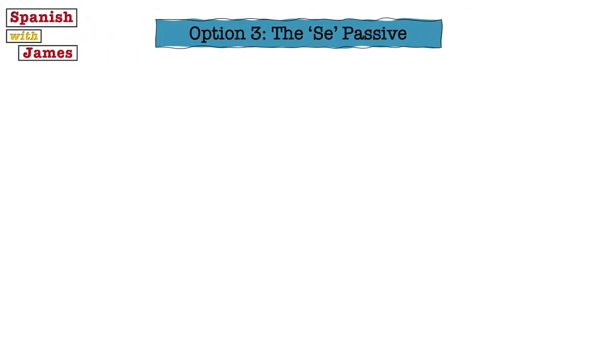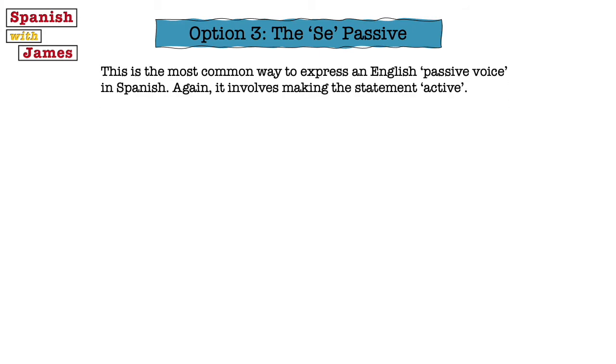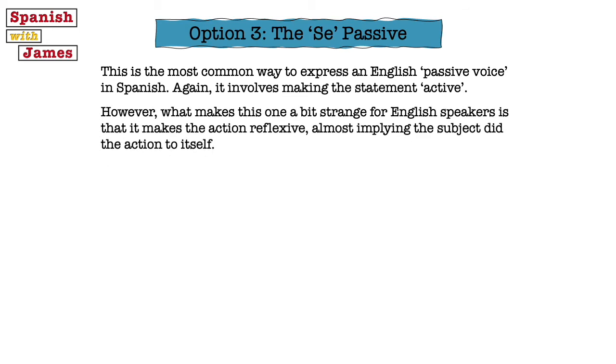And this brings us on to option 3, which is what's called the se passive, because we use the verb with the se pronoun. This is the most common way to express an English passive voice in Spanish, and again it involves making the statement active. However, what's different is that this one doesn't really make sense for English speakers when you first come across it, because it makes the verb reflexive, which almost implies that the subject did the action to itself. So if you said, el libro se escribió, the book wrote itself, is how that might seem